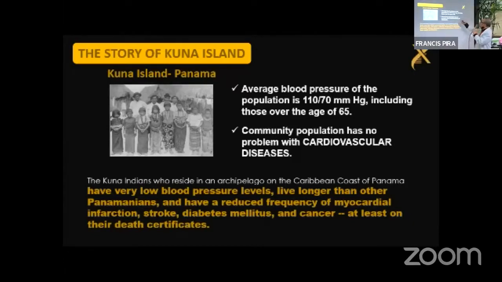The average blood pressure of the people there is 110/70, which is actually the range of normal blood pressure, even over the age of 65. The community population has no problem with cardiovascular diseases because they are always drinking cocoa with a high quality of flavonol. The Kuna Indians, who reside in an archipelago on the Caribbean coast of Panama, have very low blood pressure levels, live longer than other Panamanians, and have a reduced frequency of myocardial infarction, stroke,